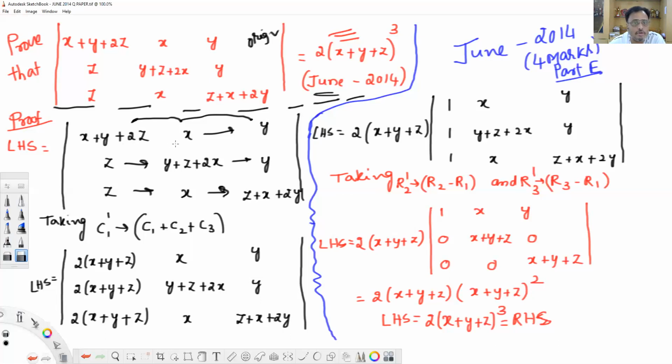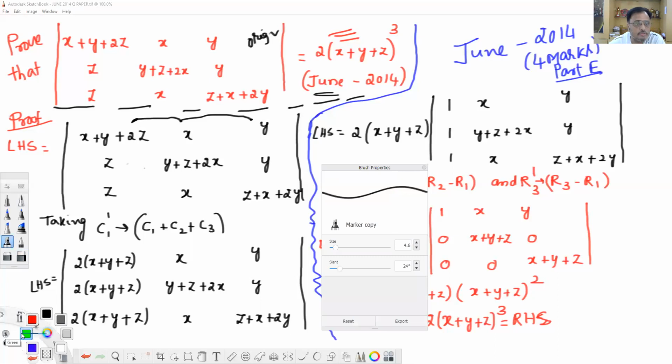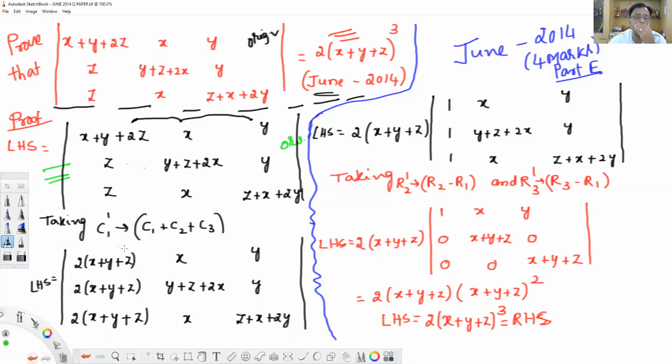Now I've decided what surgery I want to do on this body. This is the surgery I would decide to do on this body. Now this is the original body. After the surgery, this is a new body. First, what is this? C1 plus C2 plus C3, I want to do. Definitely, let's see what is unchanged here. C1, how many columns are there? Write C1, C2, C3. First, see what type of surgery you are going to do.